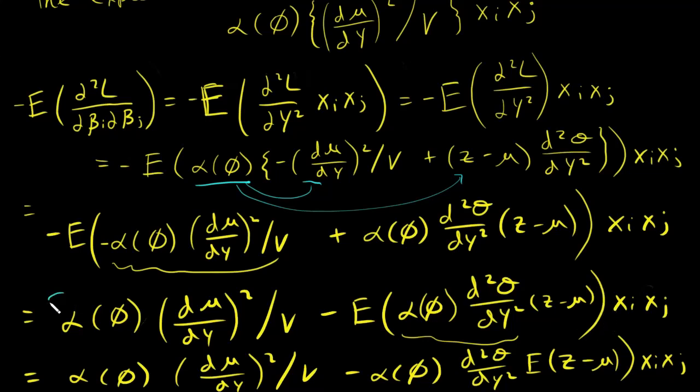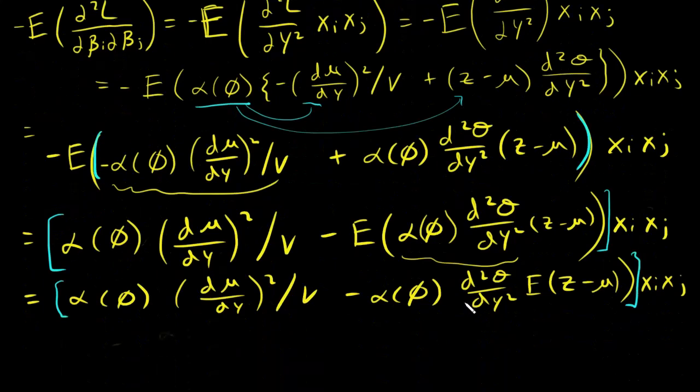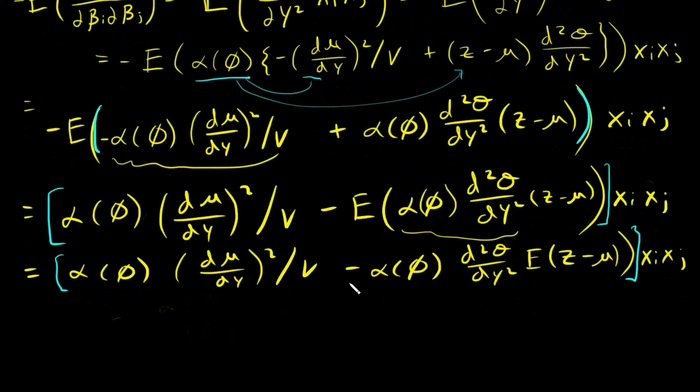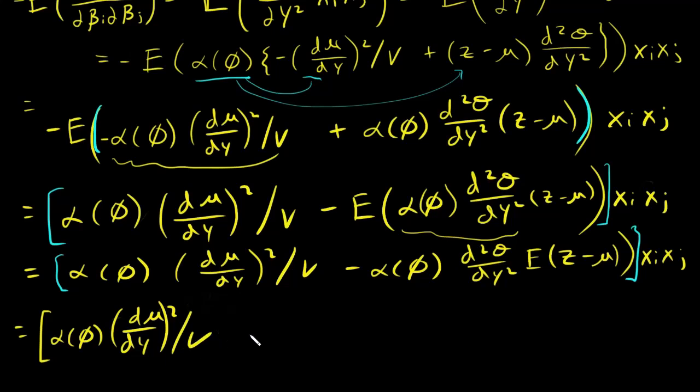I should be enclosing all this in parentheses. All of this is getting multiplied by xi, xj. Okay. Just like how here it was all being multiplied by xi, xj. Okay. Just make sure you've got your parentheses straight. All right. So now I have here alpha phi, so I'm just copying, leaving this piece alone, basically. Okay. Alpha phi,